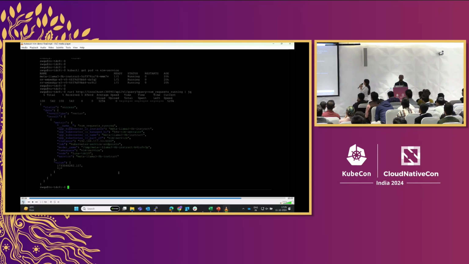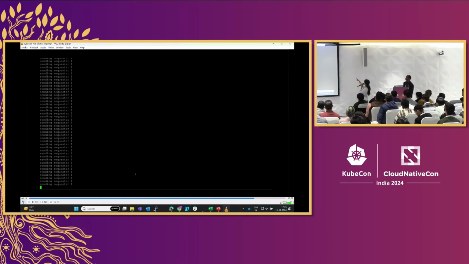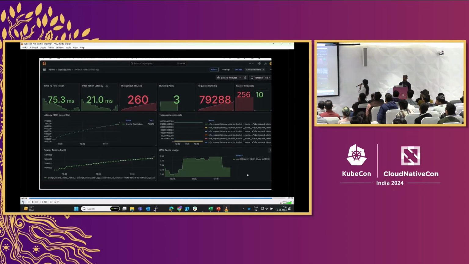And if you see, the number of pods will eventually increase from 1 to 2 and so on. So you see there are 3 pods now, and we are now sending more requests. Instead of the UI, this is just doing it through the shell. That's the only difference. And now you can see the max request has gone to 5 and 10.